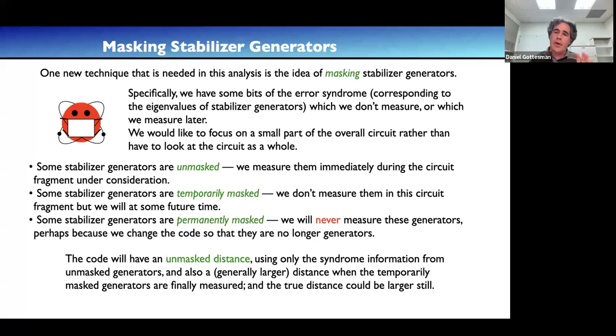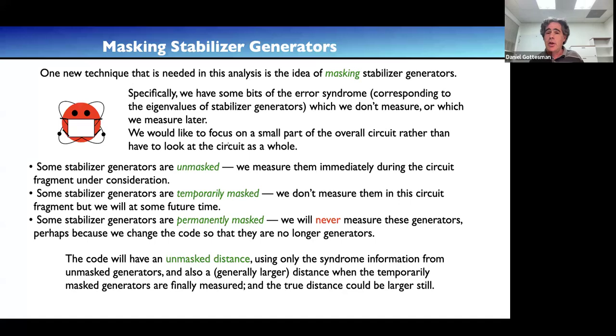And then we can further subdivide the masked generators into temporarily masked generators and permanently masked generators. A temporarily masked generator is one where we haven't yet measured the eigenvalue of it, but we will in the future. And permanently masked generators are ones where we will never measure that value. It might be that we're never measuring the eigenvalue of that generator because it's not possible, right?